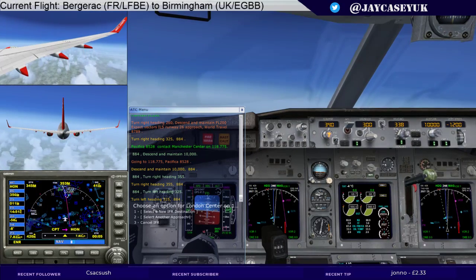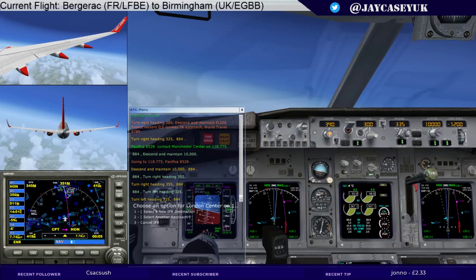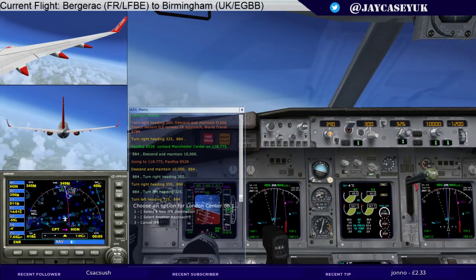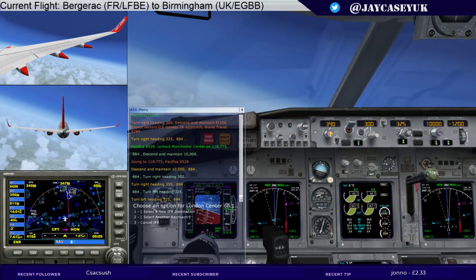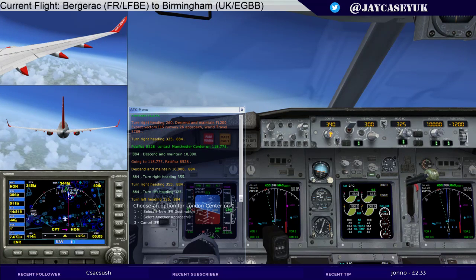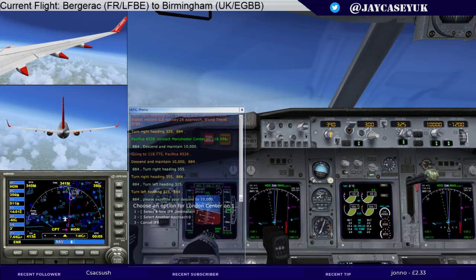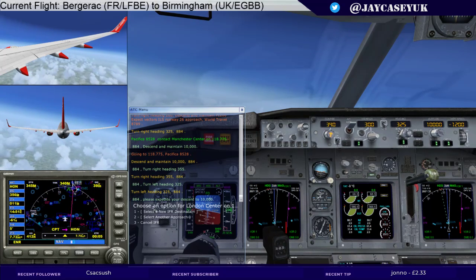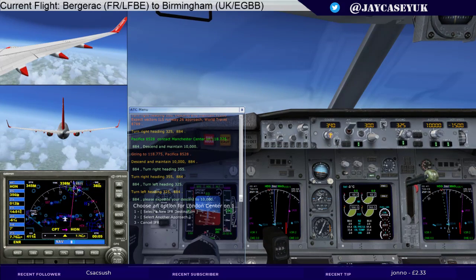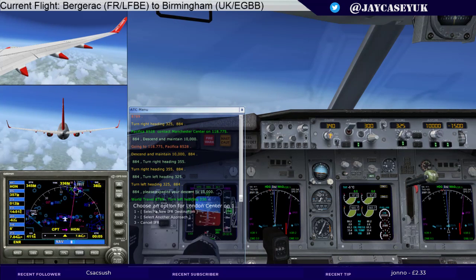If you just notice as well, I've just activated the vectors on the GPS, so you see in the bottom left hand corner there you will see the entry into the circuit. Okay, so we're going to have to descend a bit steeper here now, considering we're 38 out of the field, so